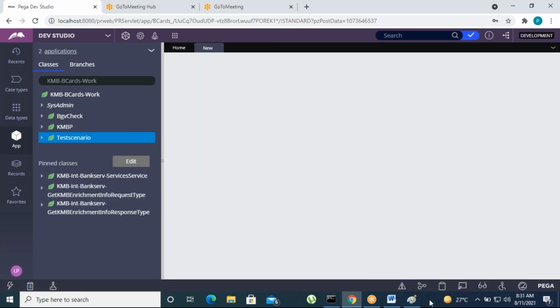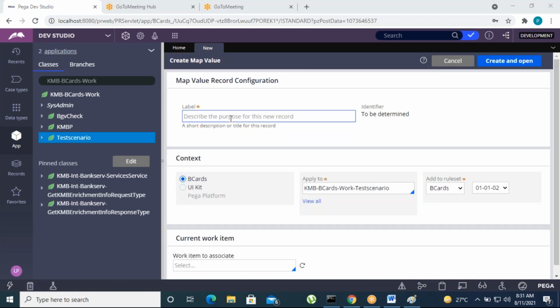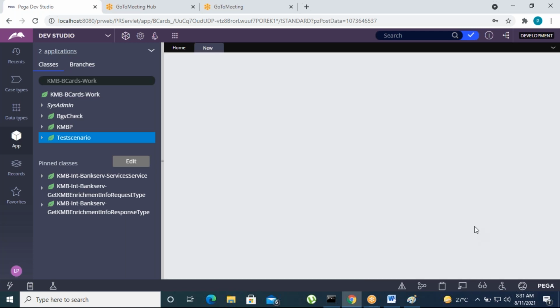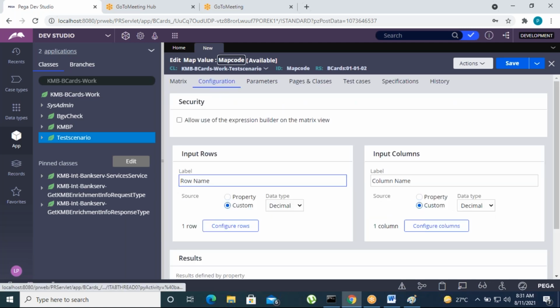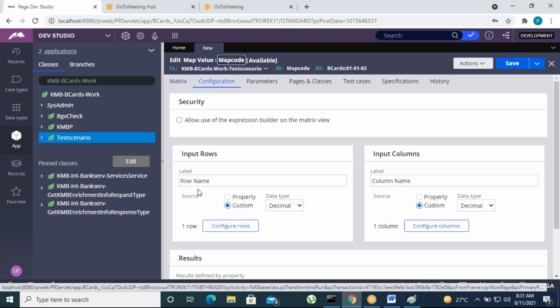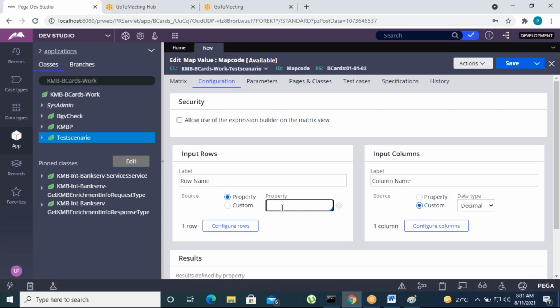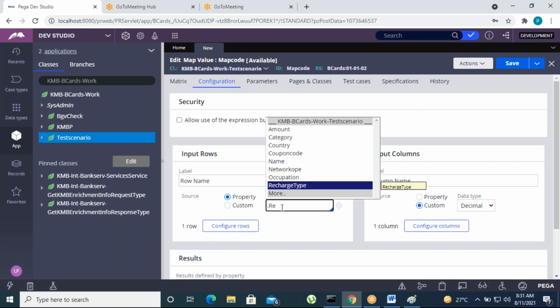Okay, so what are the two inputs? I'm going to show you in the same example only. The first input we can define as the row, the second input as the columns. Okay, here go to the configuration tab. What is the row name, what is the column name? What is the property for the row name? Something like recharge type.